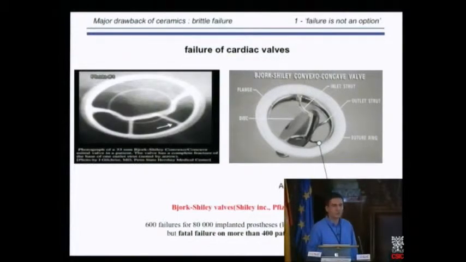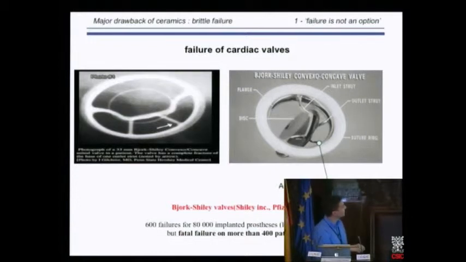Of course, failure is not limited to ceramics. It also happens in metals, especially due to fatigue. And I have, for example, one example of a really critical event that happened in the 90s on cardiac valves. So cardiac valves undergo really cyclic fatigue. Every second you have a heartbeat, and every second you have a cycle. So this part is doing this kind of movement, and so it